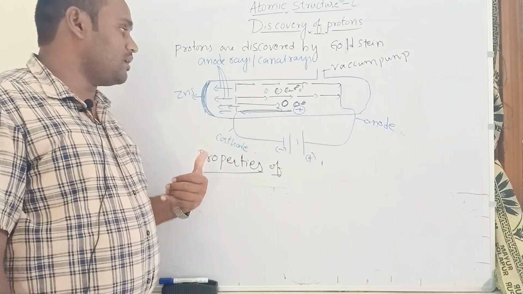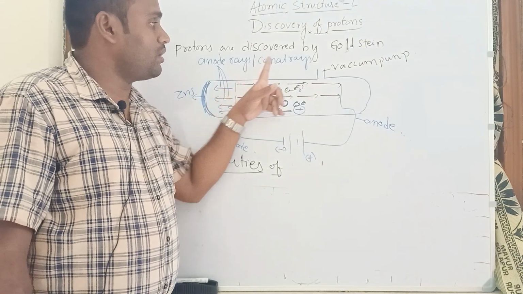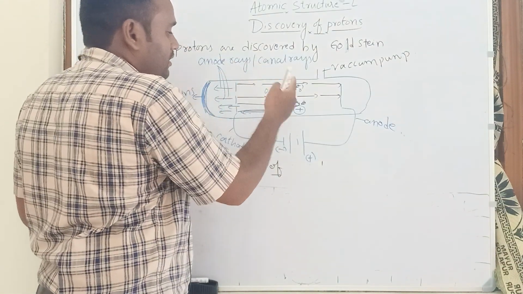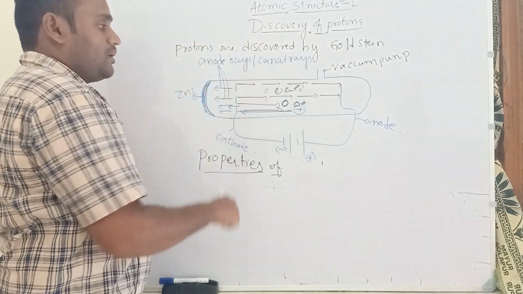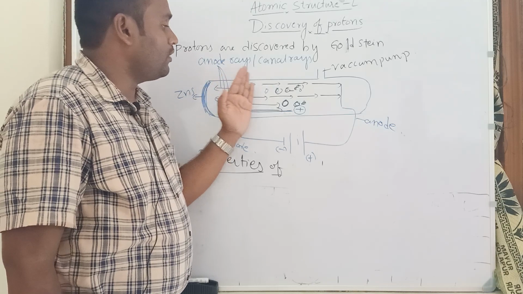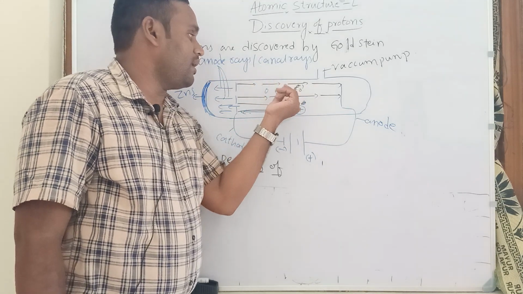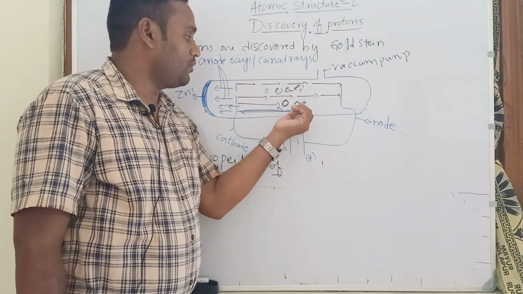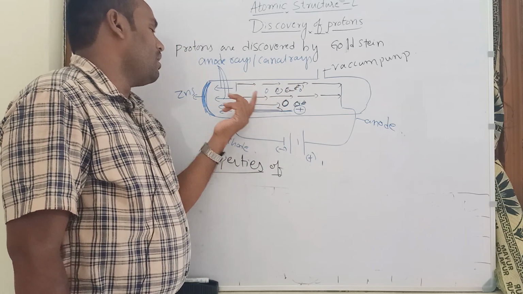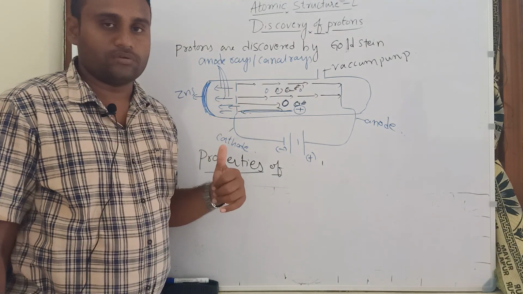And one more difference here between cathode rays and anode rays is that cathode rays are generated from the cathode and travel towards the anode. But the anode rays or canal rays are not generated from the anode. They are generated inside the discharge tube due to the ionization of gas by these cathode rays. These cathode rays remove electrons from the gas molecules, hence they produce positive charges. These positive charges are attracted by the cathode, and they travel towards the cathode and pass behind it because of these holes.